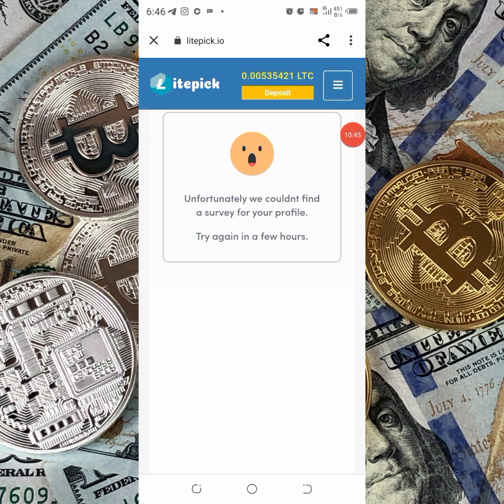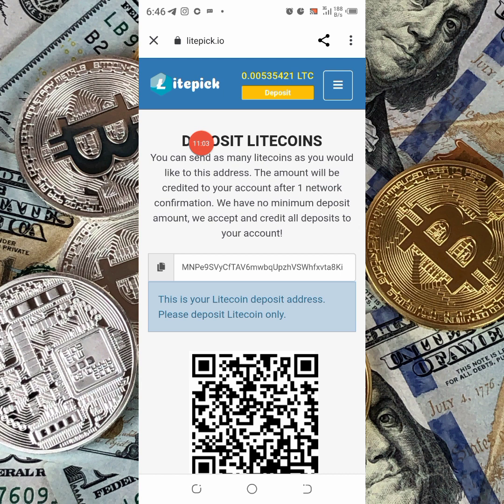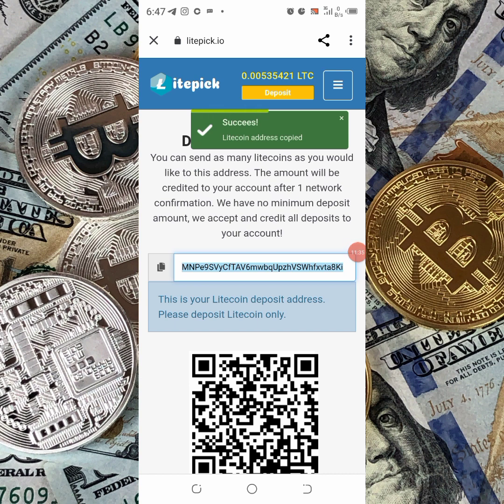3 horizontal lines, tap on it and tap on deposit, and you have to read these instructions carefully. Deposit Litecoins. You can send as many Litecoins as you would like to this address. The amount will be credited to your account after one network confirmation. We have no minimum deposit amount. We accept and credit your deposit to your account. Okay, you need to copy this address,